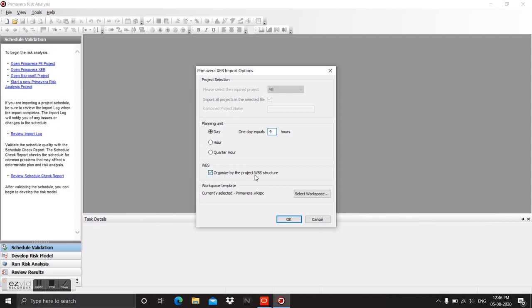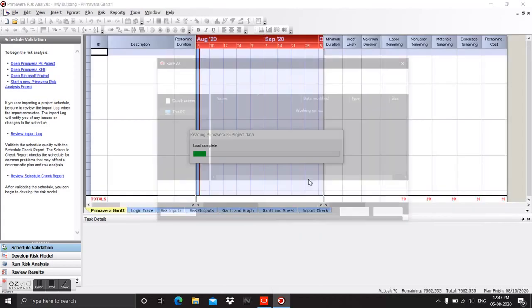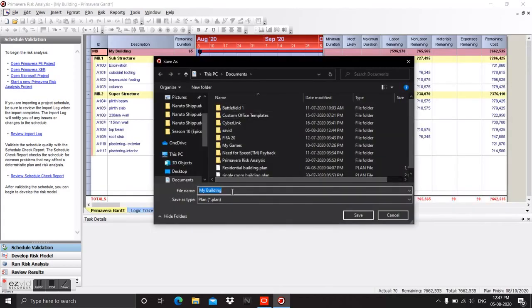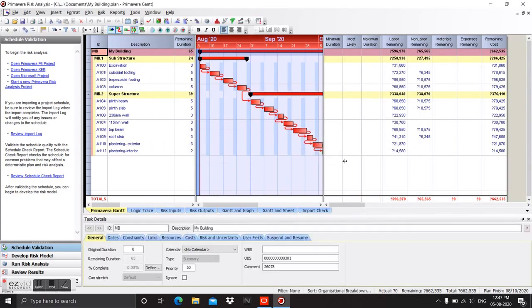And make sure you have ticked this option, organized by the project using the WBS structure, as I've already created the WBS structure, so we have to tick this option. Don't change anything here, just go to the next window, and automatically the project will ask again to save this file, so I'm saving this using that name only.